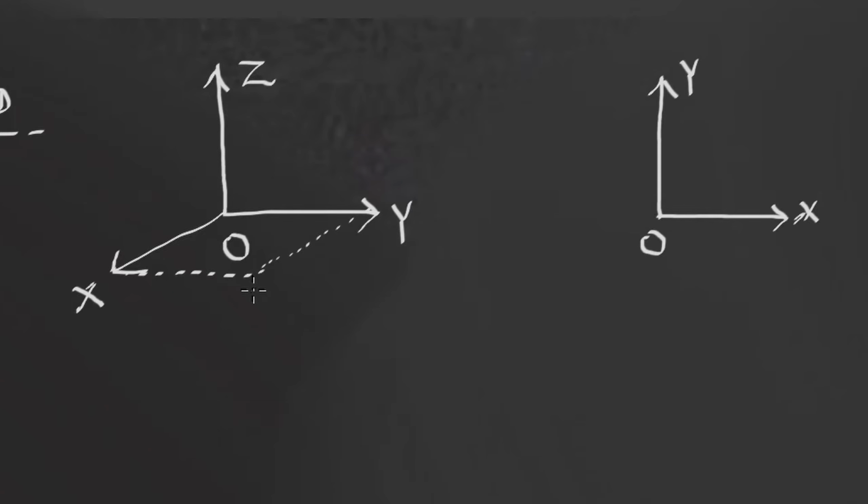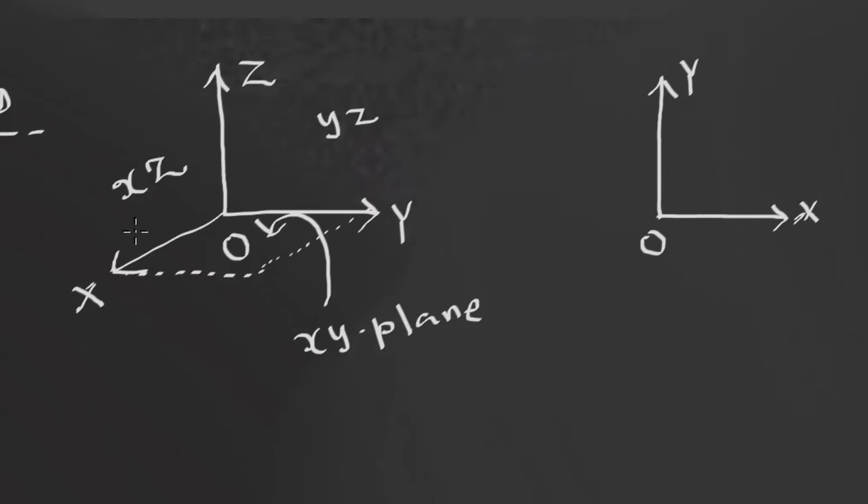So the xy plane will be in the horizontal plane, whereas the other two, namely the yz plane, so this particular plane, let me write down. Whatever plane that you see here is known as the xy plane, the horizontal plane, whereas this is the yz plane and this will be the xz plane. These are vertical planes. Now the meaning of orthogonal is that out of the 3, you take any 2 of them, they will be perpendicular to each other. That is the meaning. Y will be perpendicular to z, z will be perpendicular to x, x will be perpendicular to y. That's the meaning of orthogonal.